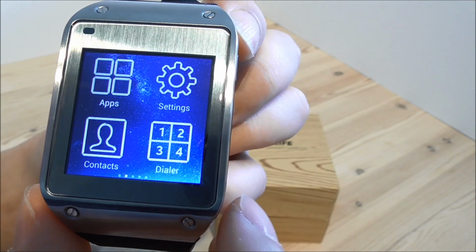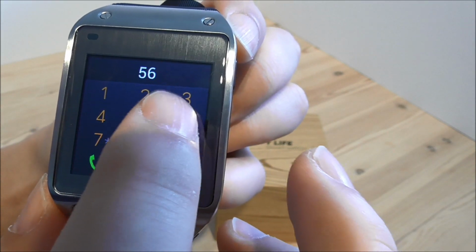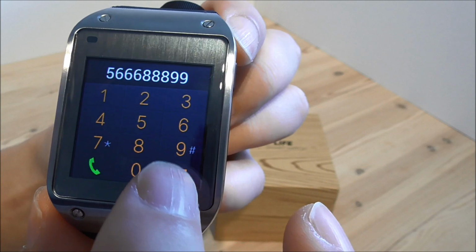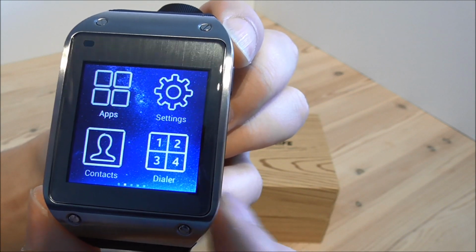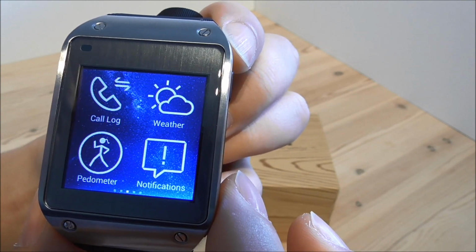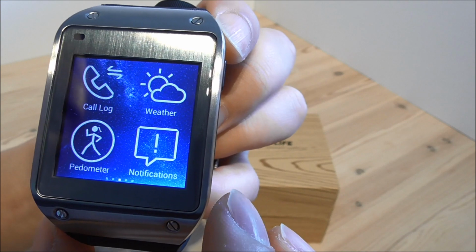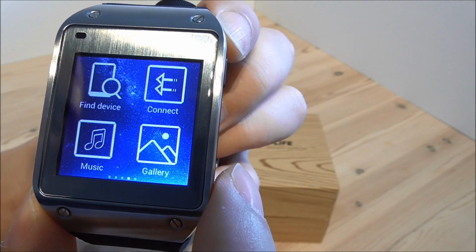Let's take a look in the dialer. This is the dialer, and as you can see here, this one is fast. We have contacts, call log, weather, pedometer and notifications, find device, music player,